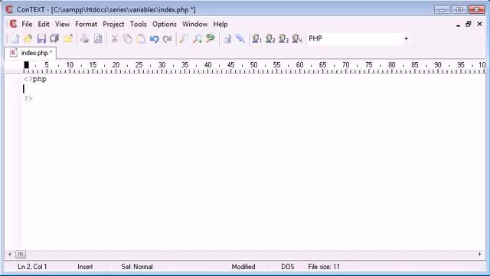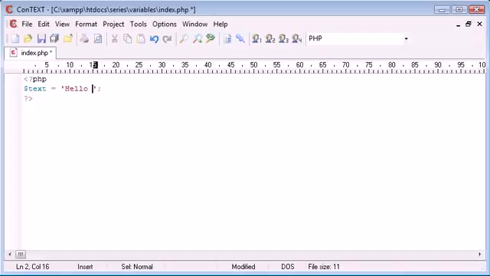All we really need to do is use our $ notation. All variables start with the $. They can either start with an underscore or an alphanumeric character, so it can be uppercase, it can be lowercase, or in fact it can start with a number, but it can't consist of just a number. So if we were to create a variable here called text,